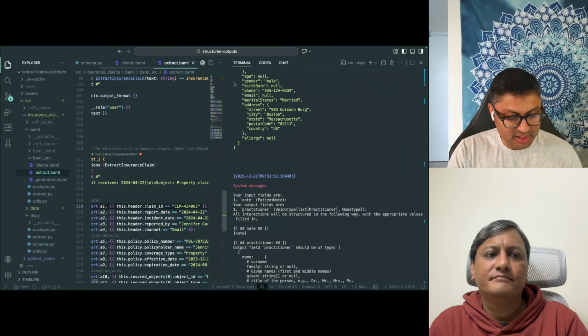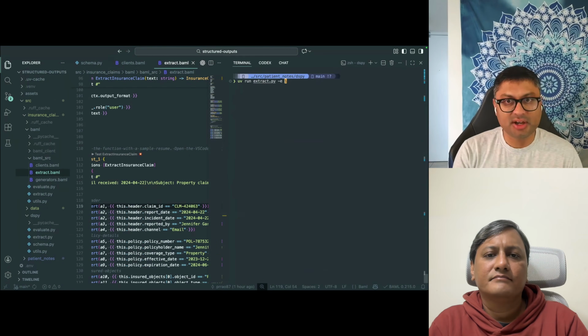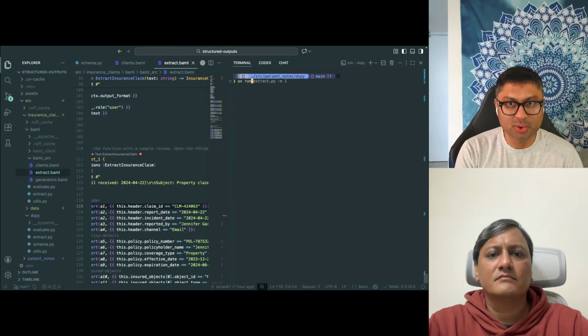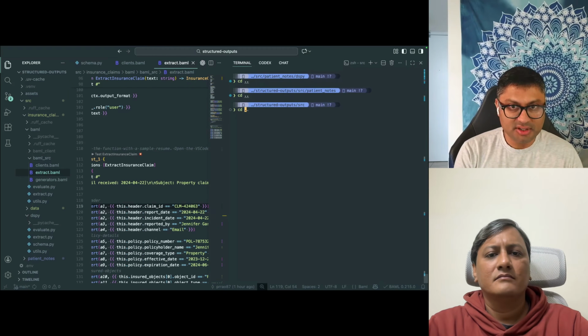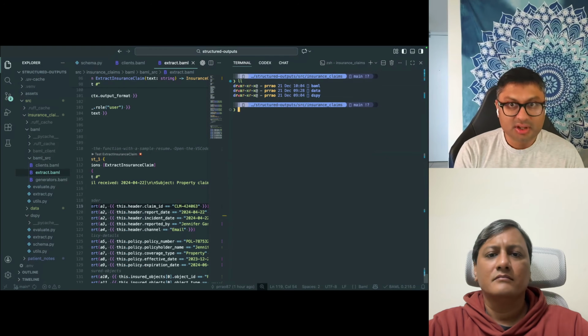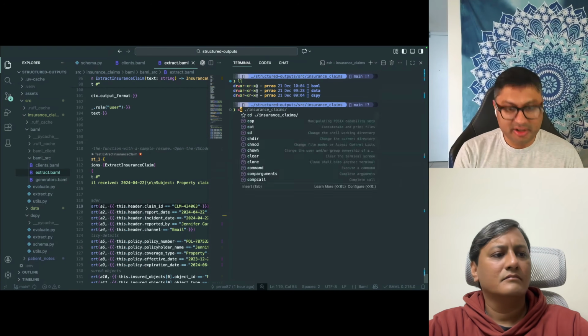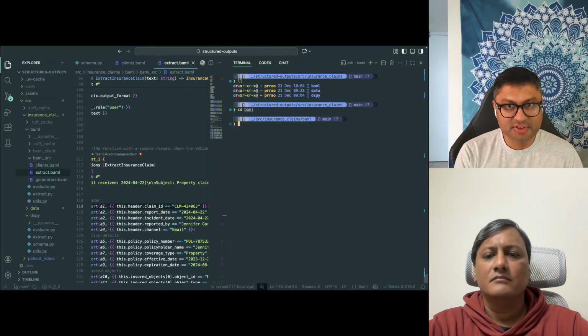So I want to very quickly showcase how this would run. So what I'll do is I'll go to the directory here. So I go to my SRC, CD, insurance claims, and I have two directories, BAML and DSPy. So let me CD to the BAML directory first. And note that I just showed BAML code, right? So how do you run